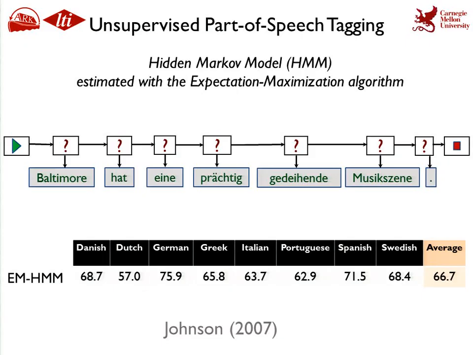Now, these 8 languages are the languages with which we experiment. These are not really resource poor languages. There is existing supervised data, but since they have annotated data, we use this to evaluate our methods. And this is also the intersection with the Europarl dataset, which we use for parallel projection through parallel data. So coming back to the EM algorithm, it only gives us 67% accuracy, which is not really acceptable for a practical task.